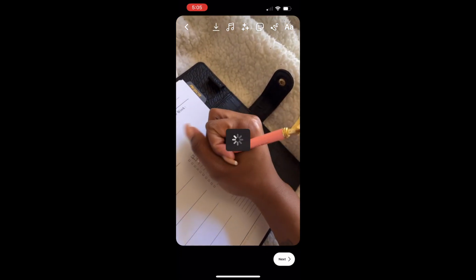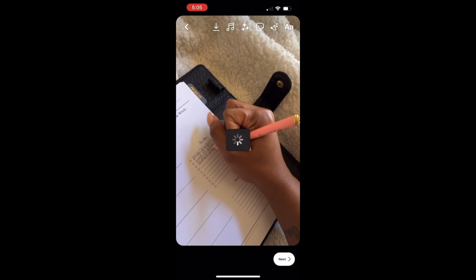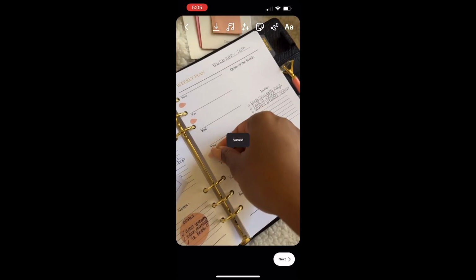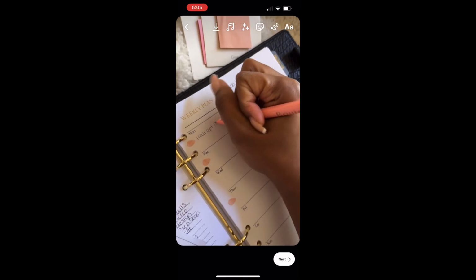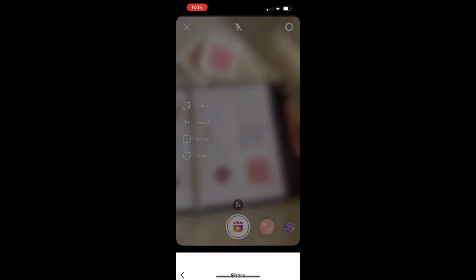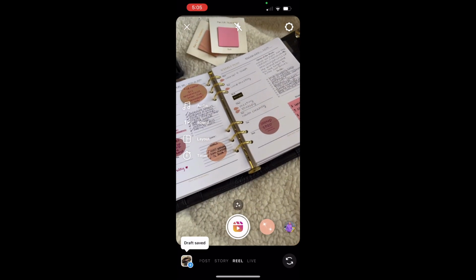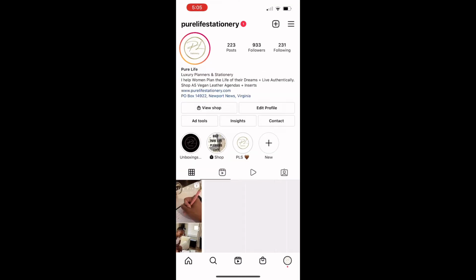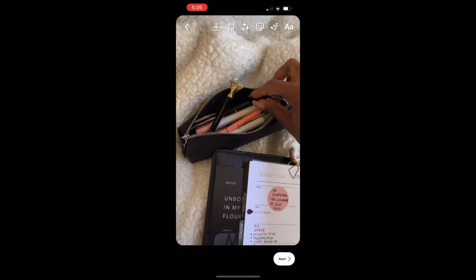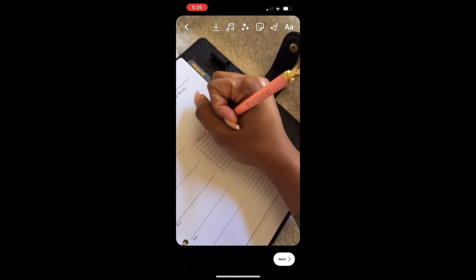Make sure you save it to your camera roll, you guys, because sometimes even when you save it just to your drafts, when you go to open up your drafts, it can be like messed up or it refuses to open. That has happened to me on both my business and my personal accounts. So just make sure that you save it to your camera roll because then you can always just go back in and upload it. And I'm just going back just to make sure that it did save to my drafts,